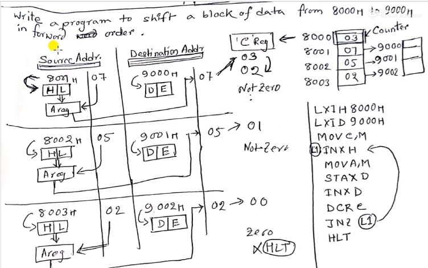As we told before, first of all we have to load the source address and the destination address. The source address is held by HL register pair, and destination address is held by the DE register pair. So using the LXI H, 8000, LXI H, 8000,